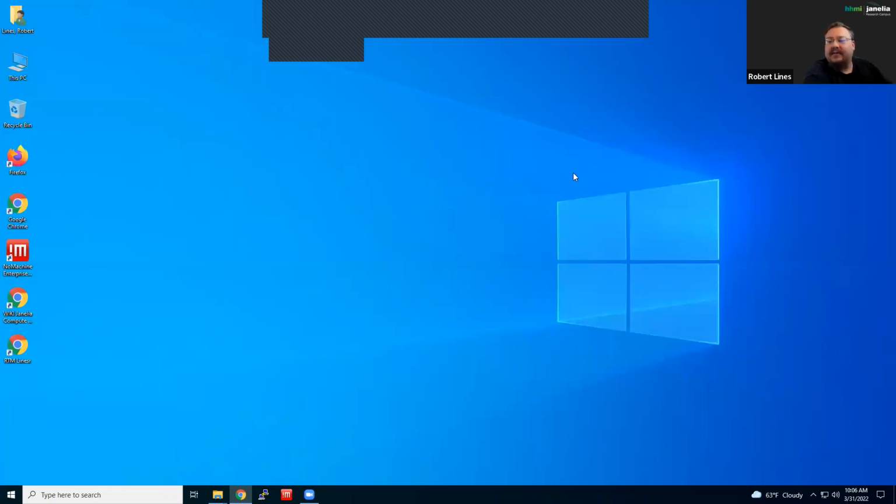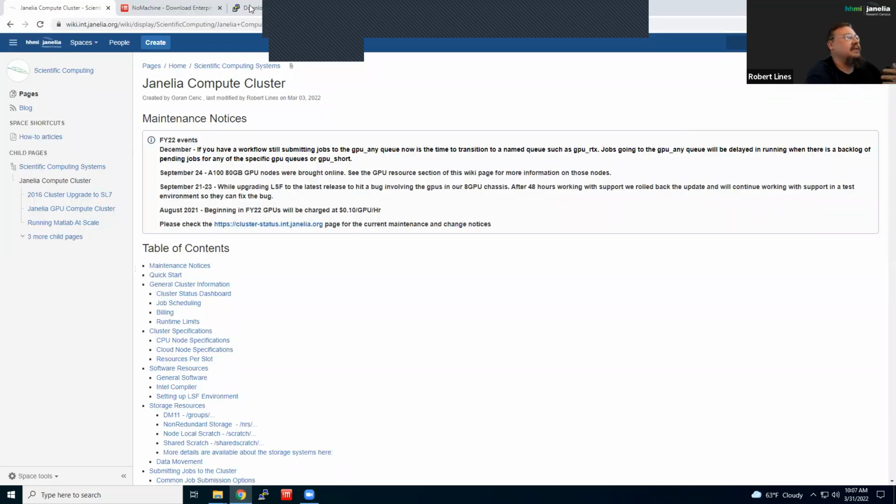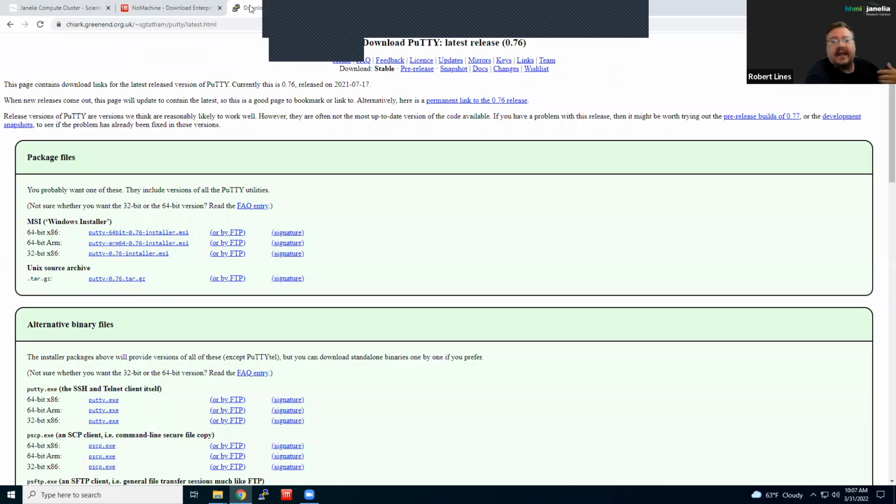There isn't by default currently a built-in SSH client on the terminal, so you're going to have to install typically PuTTY. It's one of the easiest. For that,